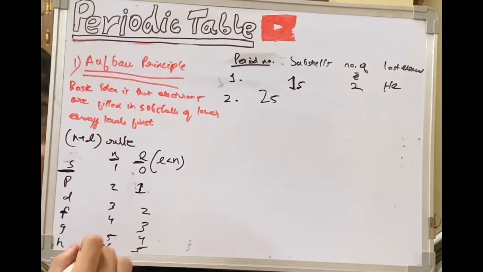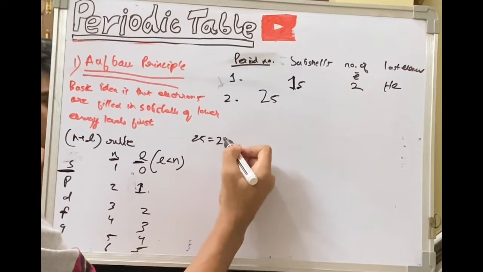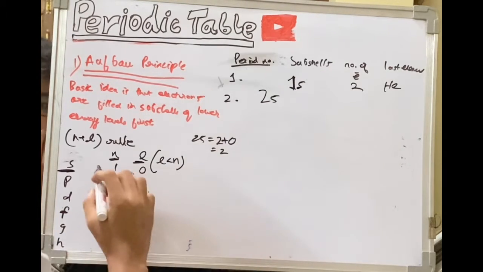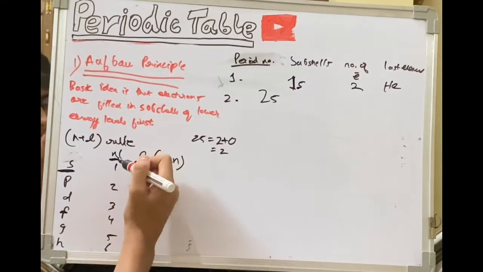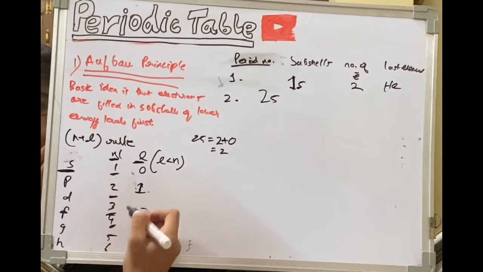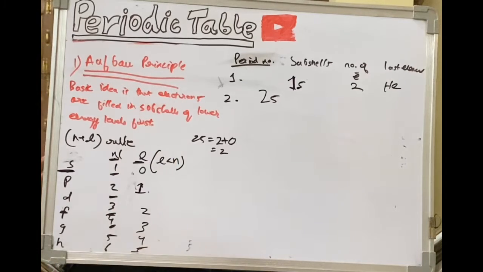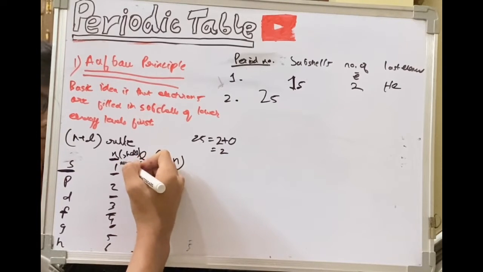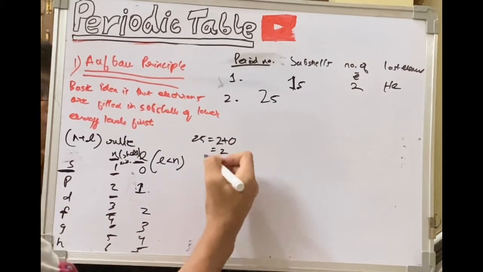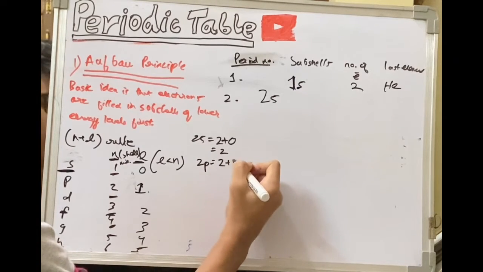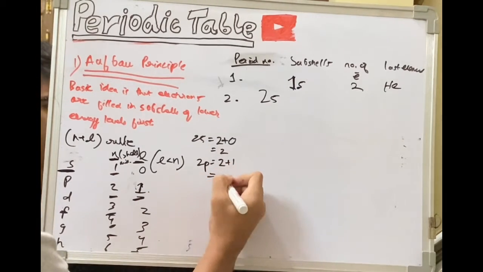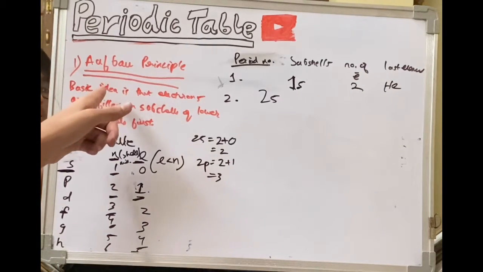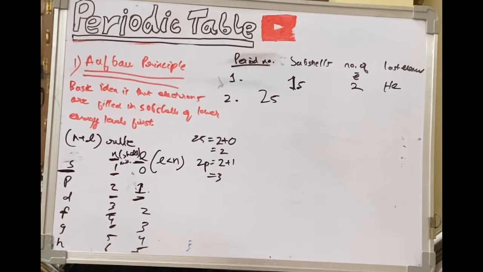because see, for 2s it will be 2 plus 0, that will be 2. Now here, I told you that this is the minimum requirement, so it actually signifies which shell you are taking it into. Min. And for 2p it will be 2 plus 1, l is 1 maximum. So by the Aufbau principle we said that electrons are firstly filled in the orbitals which have lower energy levels. So it will be firstly filled in 2s.